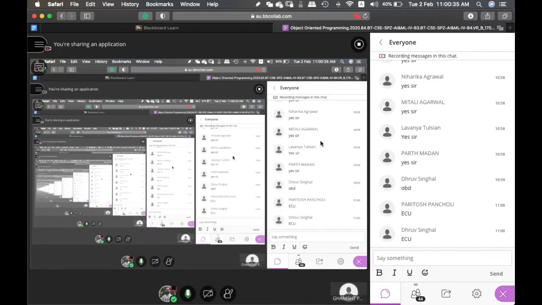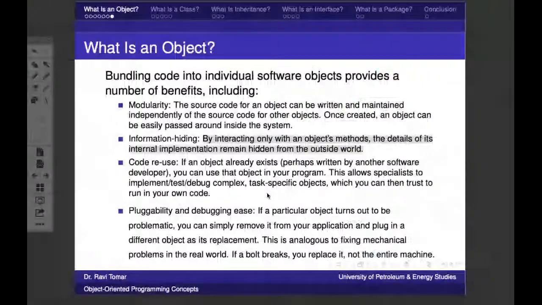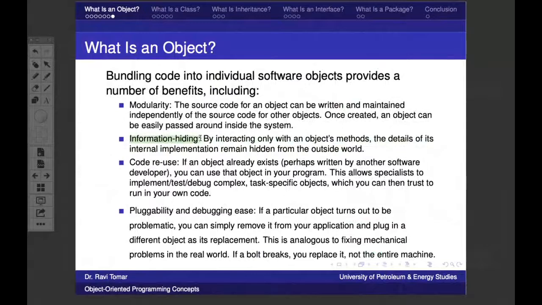A car having ABS and a version of the car that does not have ABS: the difference is only those sensors that will hardly cost around 3,000. But the major thing resides inside this ECU unit, whether that sensor is supported in the software or not. If it is not supported, you cannot upgrade your car to have ABS, even after applying the sensor. So these are all interfaces that are provided. This is what information hiding is. You give access to someone who can use it. So it's already 10, I'll quickly finish it.